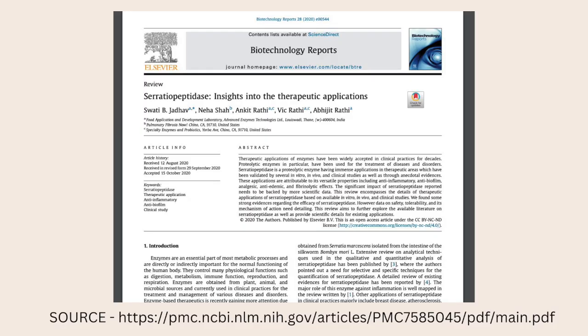I use this biotechnology reports article by Jadhav et al. It's a pretty succinct article that talks about the history and some of the medical information of why Serrapeptase was initially used in preclinical and clinical studies. I will leave a link for this source below, but if you have the time, check it out and read it. It's been used by multiple health sources online, but it's a really good succinct article, and it wasn't published that long ago, 2020,